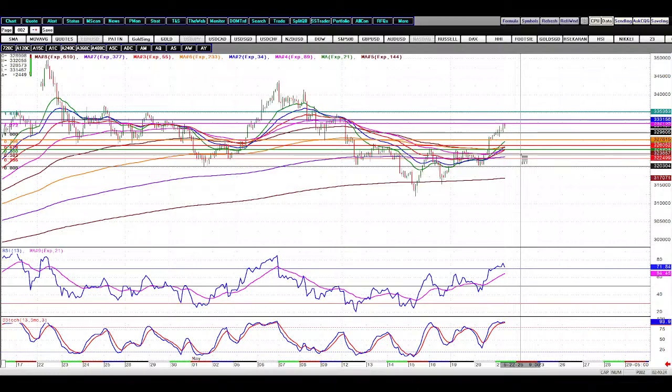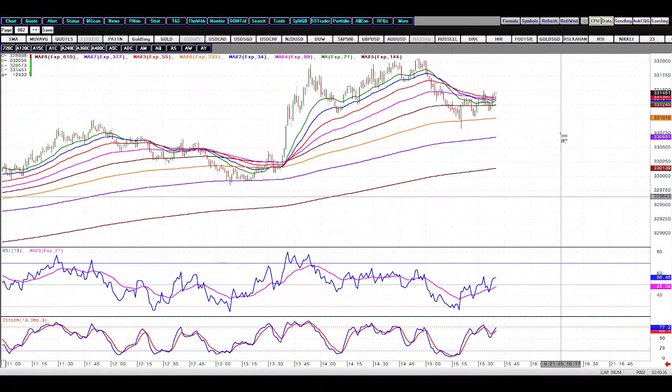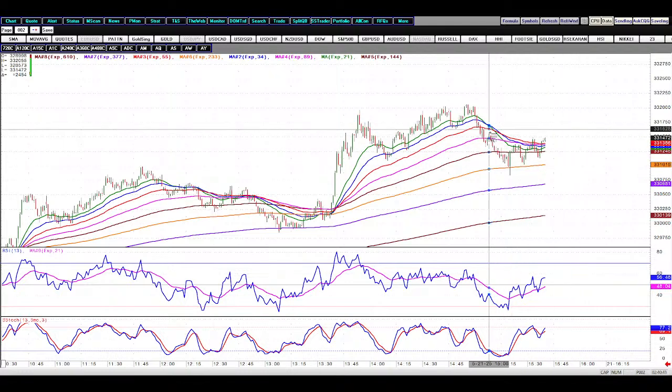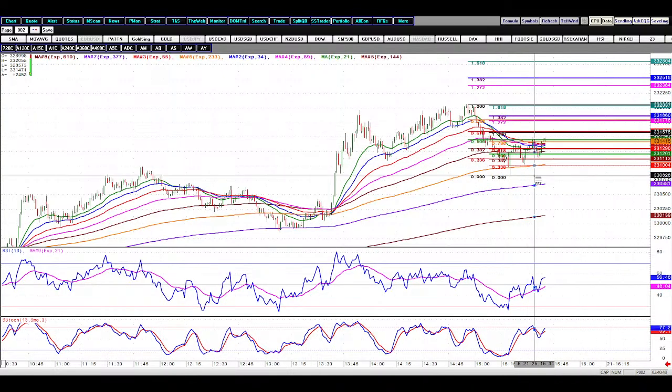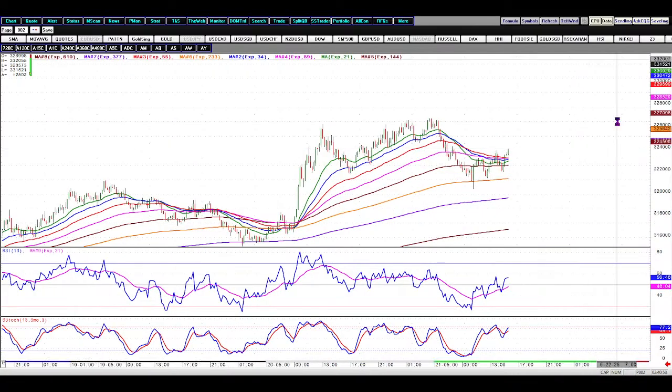So that means I'll try to do like a half lot total all in all, because this is just the initial stage of a turn. It's not confirmed that this market has really turned. If this market has really turned down, we should not see the price going above 18 or 18 half. We should see the price coming off.